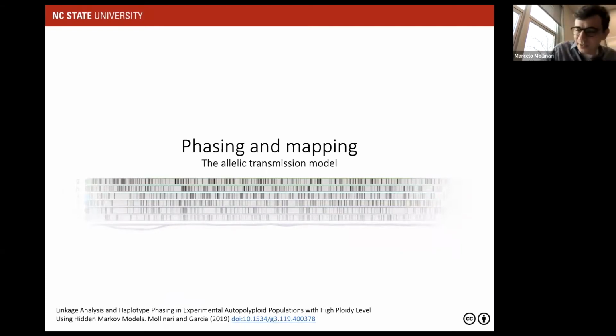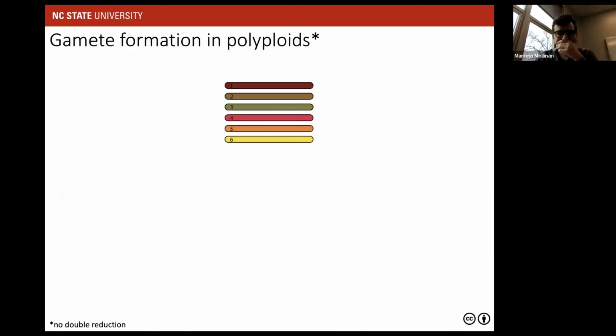And now, using these genotypes, these dosage genotypes, I'm going to talk about how to phase and how to map these multiple alleles, these multiple dosages, in the context of a complex polyploid or any ploidy level at all. Of course, we have computational limitations, but the model works for any ploidy level. And there you go. The first thing we need to model when you're imagining a transmission of alleles is how